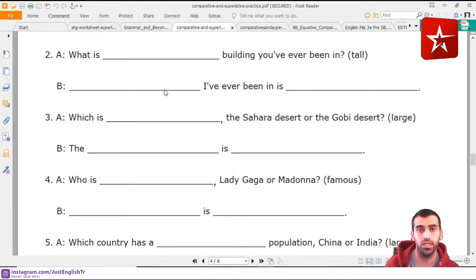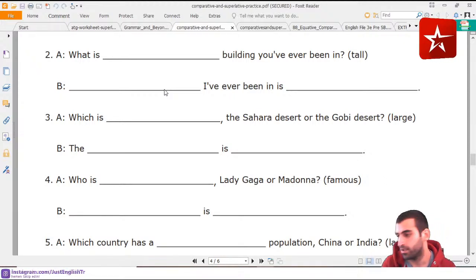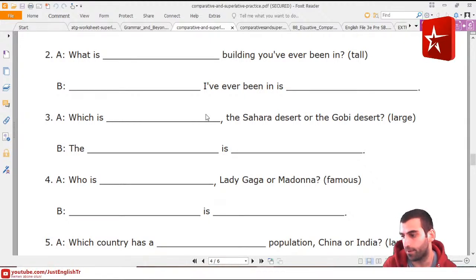Number 3, largest. But this is not a superlative. Number 3 is not a superlative. Metropole in Mersin, Muhammed says. Kadir says Burj Khalifa hotel I've ever been in is Dubai. No, the tallest building, Mr. Kadir, the tallest building I have ever been in is Burj Al Khalifa.